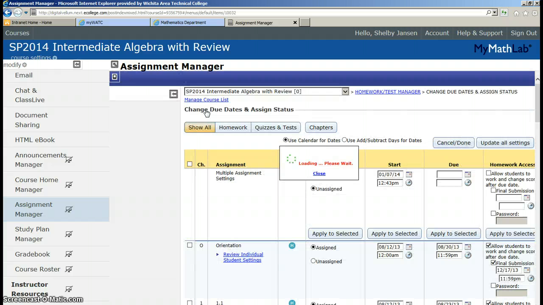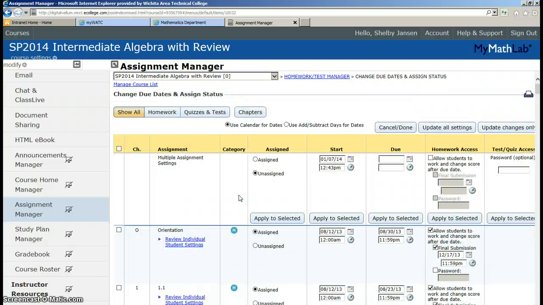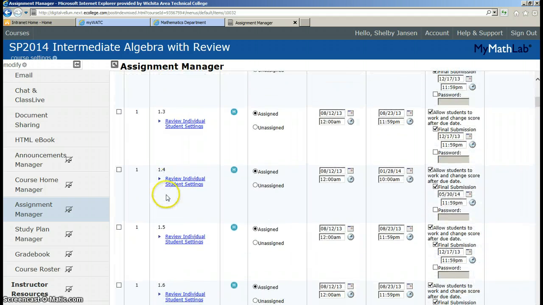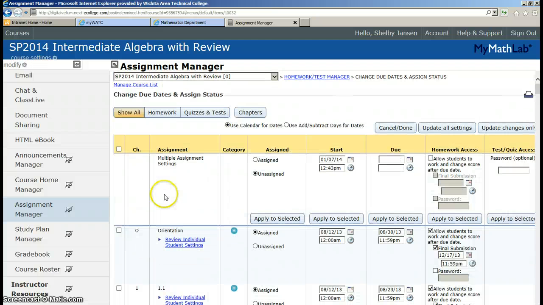This is going to allow you to change settings for multiple assignments. So once this loads, okay, so if I want to change all of the assignments in this list, and this is everything, you can see this is everything, all the assignments. I check this box and it checks all of the assignments. So now anything that I change up in this area is going to affect all of the assignments below the